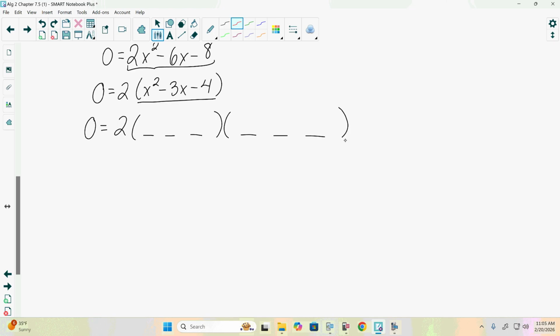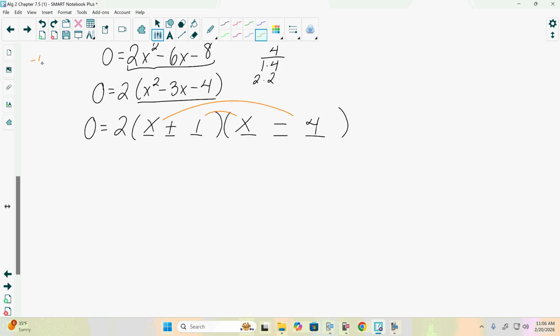X squared minus 3x minus 4 will factor. Third term's negative, so our signs are positive and negative. Factors of x squared are x and x. Now our factors of 4 are 1 and 4 or 2 and 2. Which one do we want to try first? 1 and 4. Interestingly enough, if it is 2 and 2, since we have the plus and minus, it's a difference of perfect squares. Those would be the factors x plus 2, x minus 2. The middle term would be 0. So 1 and 4,